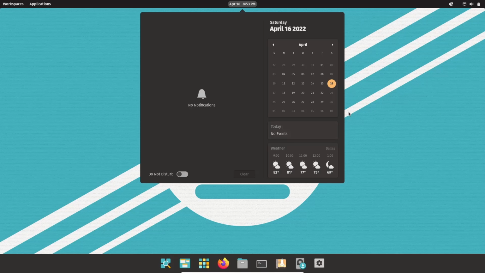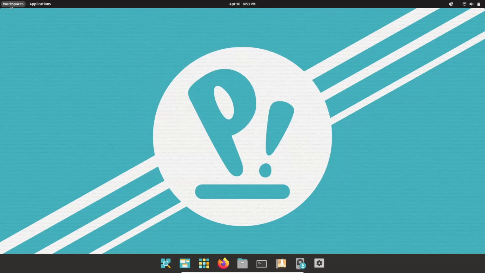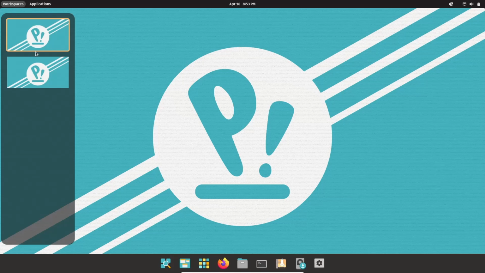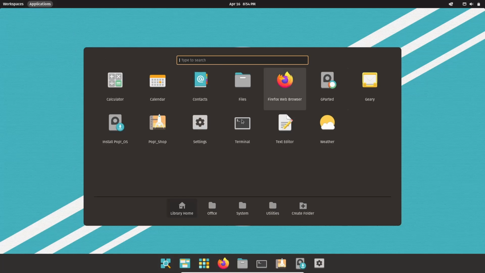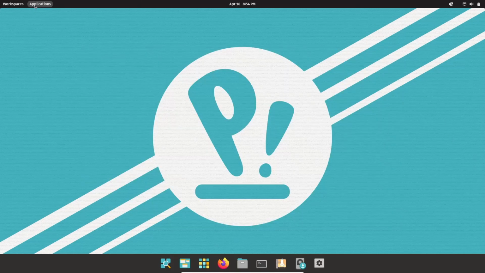Now, any notifications you get in your system will be right here. And if you're in the middle of maybe a Zoom call or something like that, you can just click on Do Not Disturb and it won't bother you while you're doing your work. So let's go ahead and close out of that. And then over here, you've got your workspaces that you could pull up. You can add more here if you would like. And then, of course, your applications that pull up just like they do if you click on Show Applications down here. There is a setting in Settings that if you want to shut that off and you want to take those away from there and just kind of clean that bar up, you can. That's truly up to you.